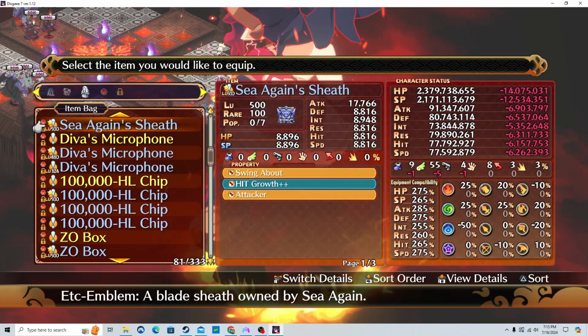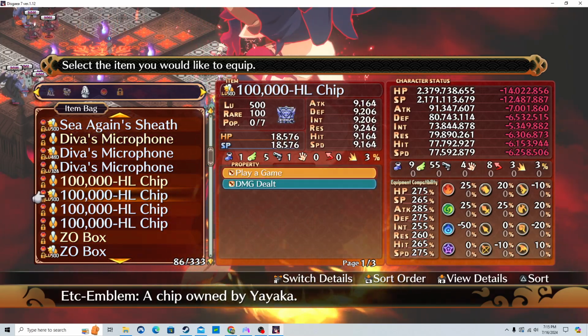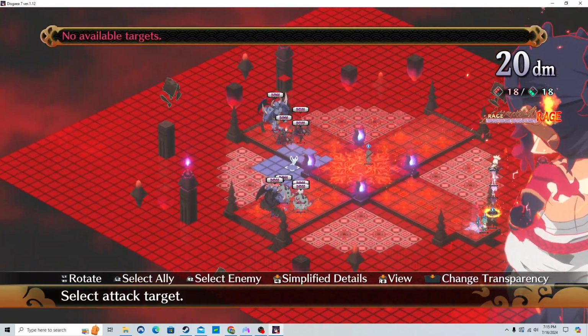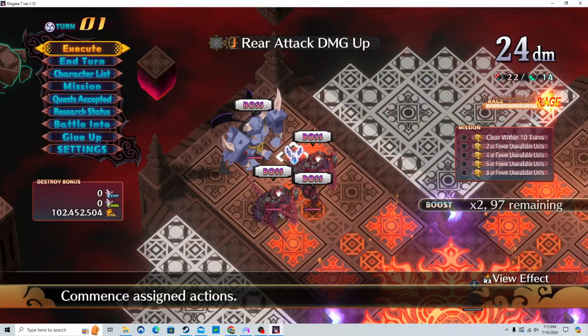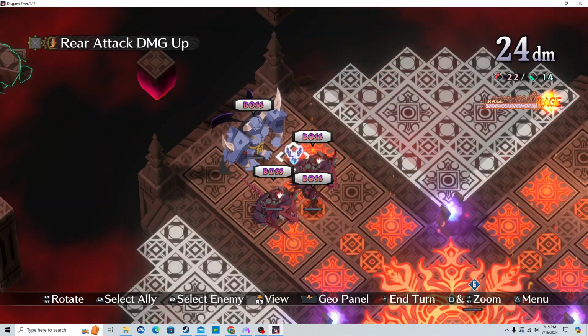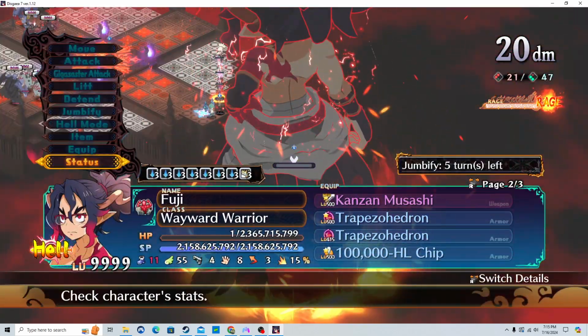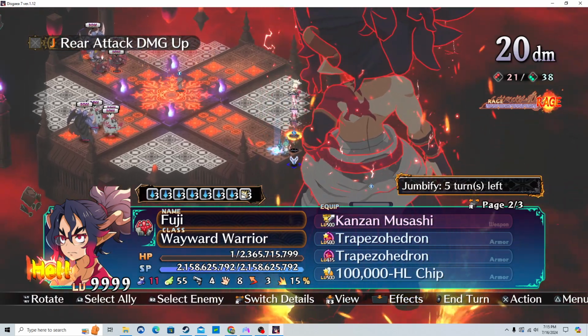And we're going to put 100,000 HL chip with Play a Game on it. Again, it comes defaulted with Play a Game. And we're going to actually aim for the back ball group. Now you'll notice, they're all alive with 1 HP. That's okay. We do need...